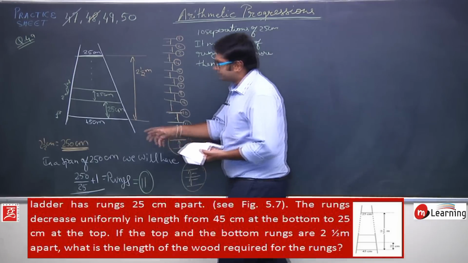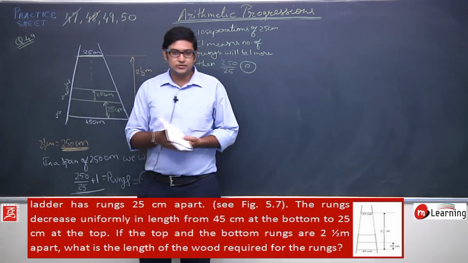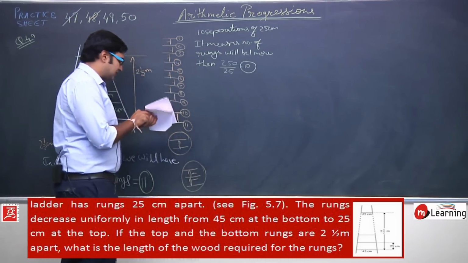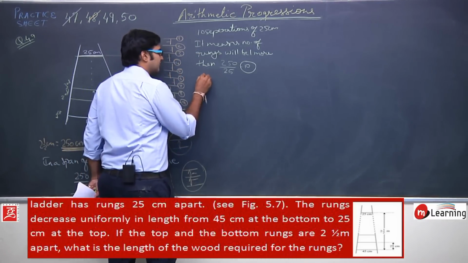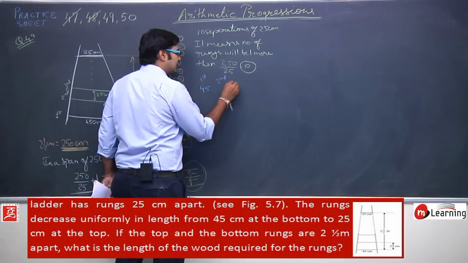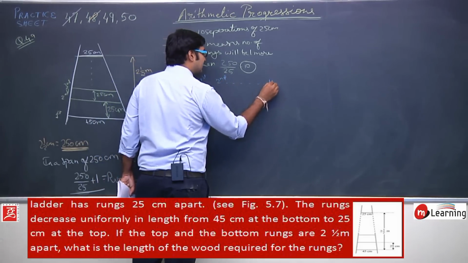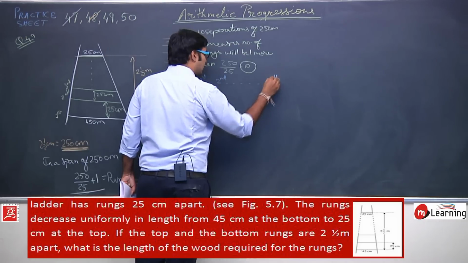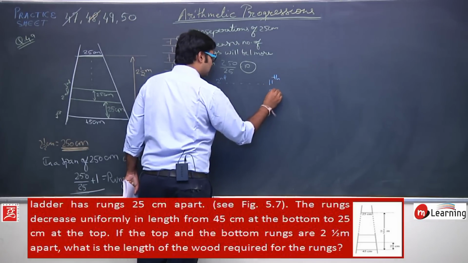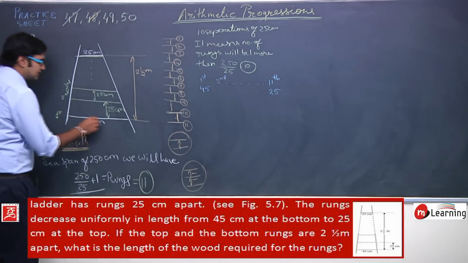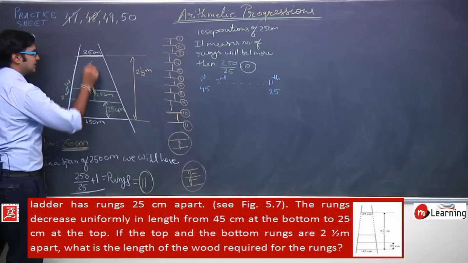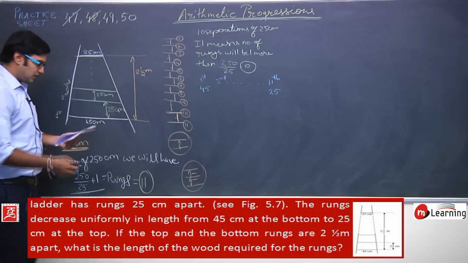The first rung is 45 centimeters and the last rung is 25 centimeters, and the length is getting decreased uniformly. So what I can see is this is the first rung. Second rung I don't know the length. Then for the 11th rung I know the length of 11th rung as 25 centimeters. What I need to calculate is this length plus this length plus this length up to this length. Okay. Now